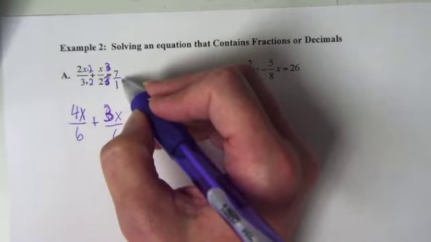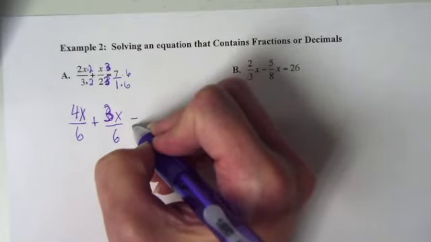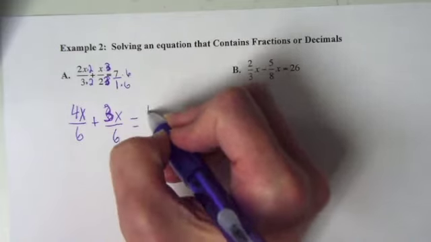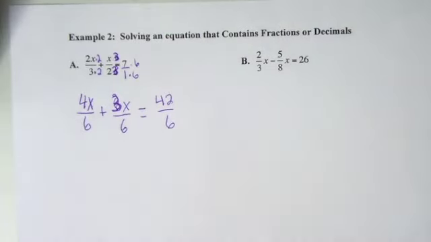The 7 over 1, this is the one we need to multiply by 6. So then we get equals, 7 times 6, we get 42 over 6. All right, now this is the part that might trip you up possibly. Once you get all of those denominators the same,